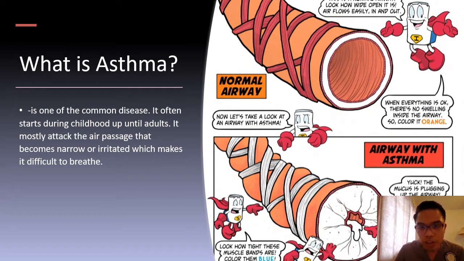As you've noticed here on the side, you see this circle, which is very big. Once you take a deep breath in, this is what we call the normal airway. The air goes in and out of this hole very easily. On the bottom side, you notice that the hole is shrunk or constricted. That's what happens when you have asthma. With that very small hole, you will have difficulty taking a deep breath, which I will discuss later in the signs and symptoms.